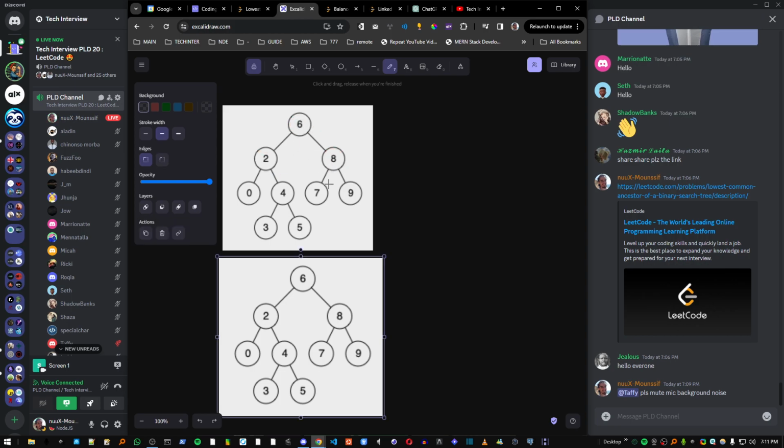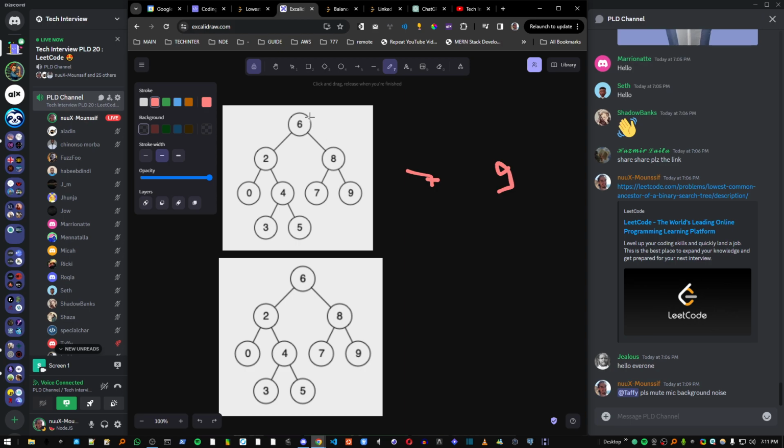Here with the split. If they give us 7 and 9, of course 6 is common between them, right? But this is also common, and because we are looking for the lowest, which means the closest one to them, the most close one, so it's gonna be 8 in this case. So the LCA of 7 and 9 is 8. Now one thing that we notice is like this 8 is also ascendant of itself. So if they give us 8 and 9, the LCA is 8,